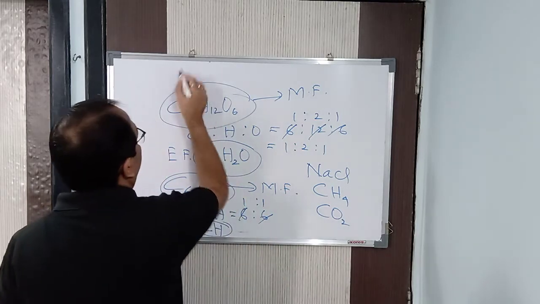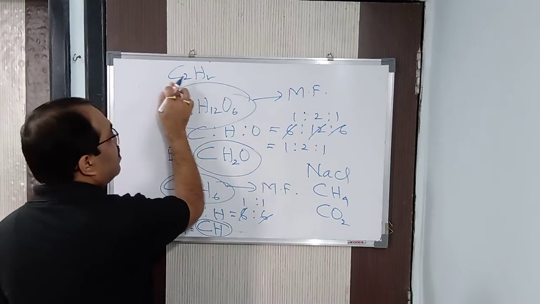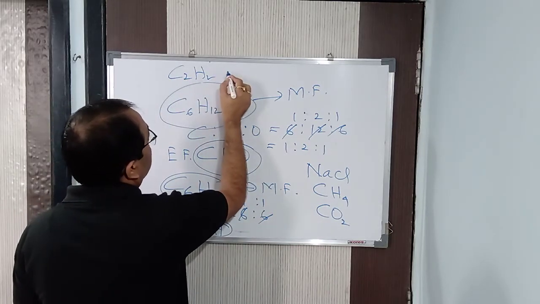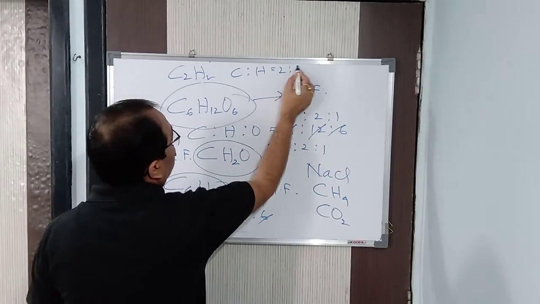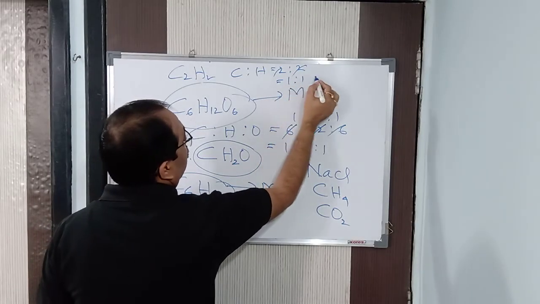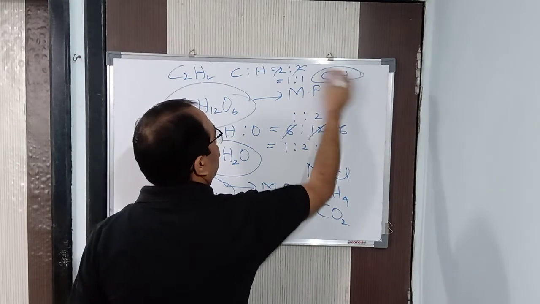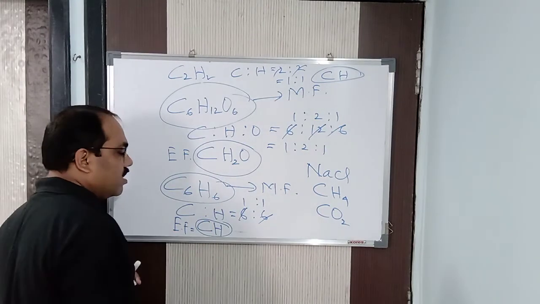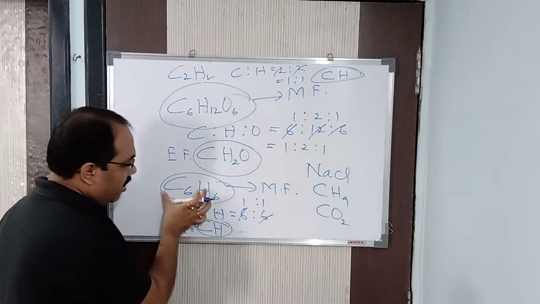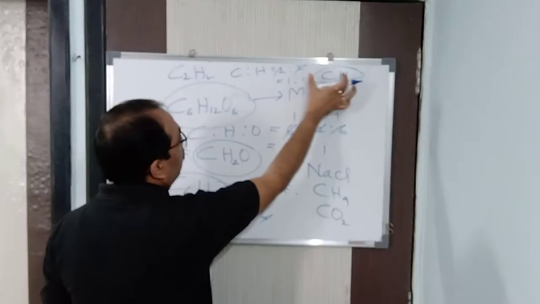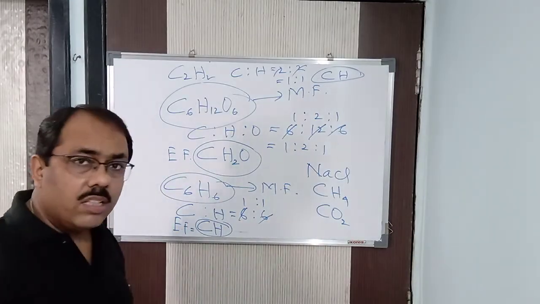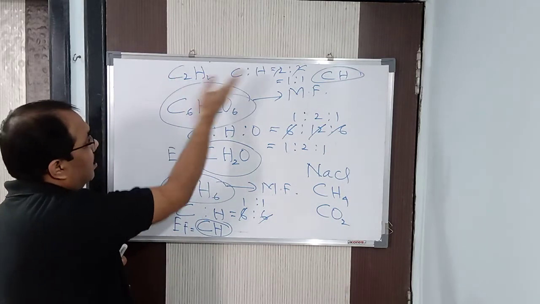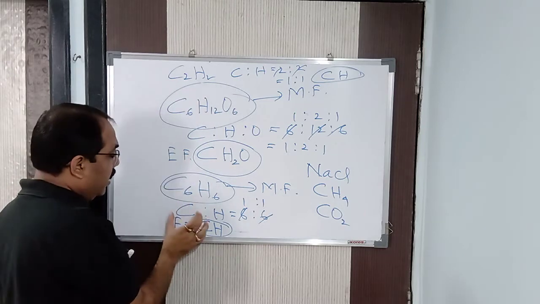Suppose I am giving you this compound, C2H2. What is this? It is acetylene or ethyne, we can say. So we can simplify this one as carbon to hydrogen is what? 2:2. It is nothing but the same thing, 1:1. So here also the empirical formula is CH. So CH can be C2H2 and CH can also be C6H6. You can see here the empirical formula for benzene is also CH. Here for acetylene we also got CH. So if I write CH, two formulas can be obtained. In terms of molecular formula, it can be acetylene, it can be benzene.